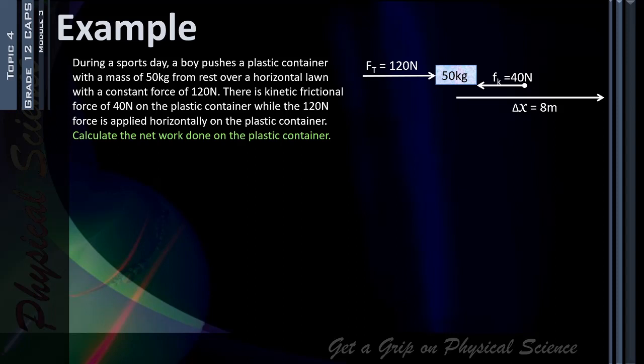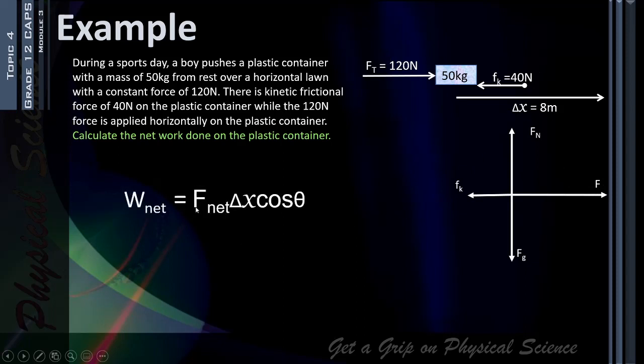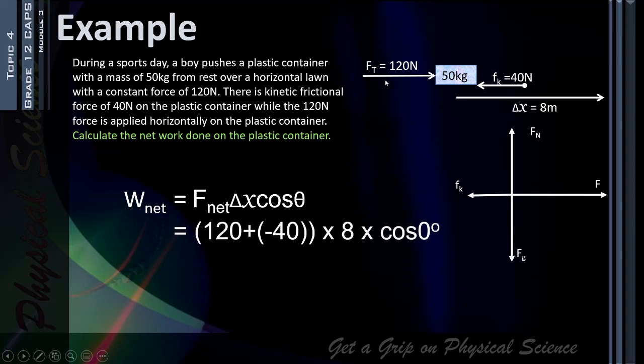So to calculate the net work done, we need the net force, and we know that there's an applied force of 120 Newton and kinetic friction of 40 Newton. So the net work will be equal to the net force multiplied by the displacement multiplied by the cos of the angle. And the net force here will be 120 plus a negative 40 because the friction is against the motion, multiplied by the displacement that was given to us on the diagram of 8 meter, and that multiplied by the cos of 0 degrees because the net force and the displacement are both in the same direction. And that gives us net work done of